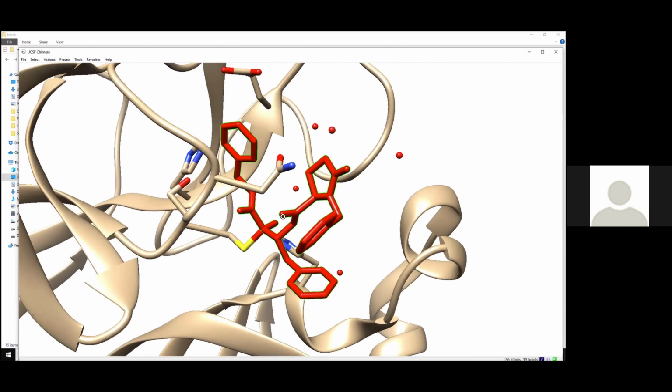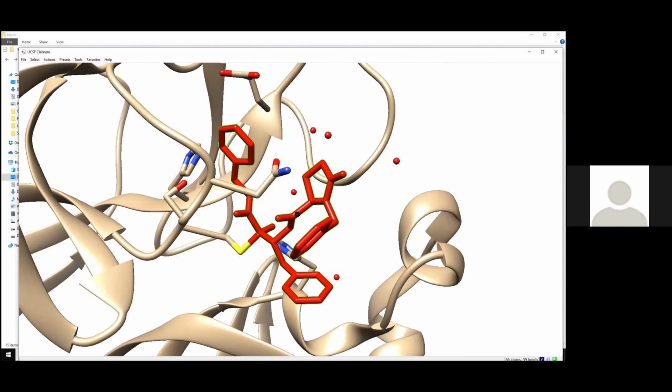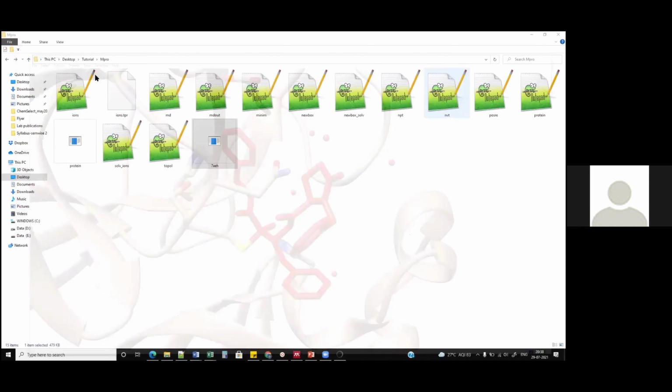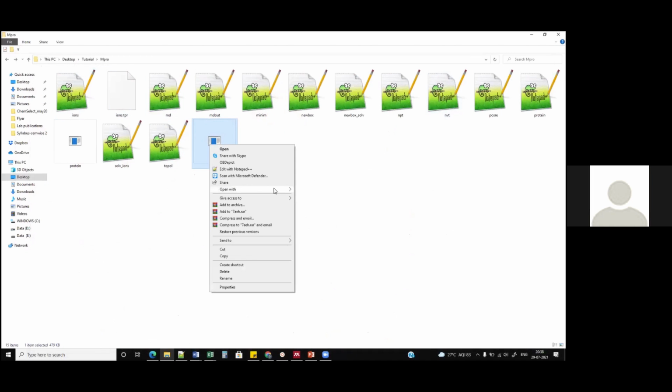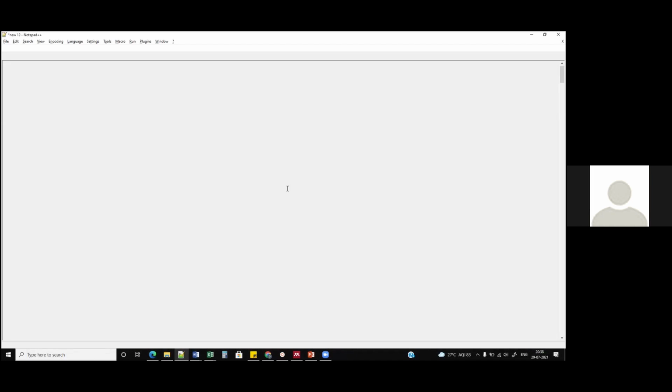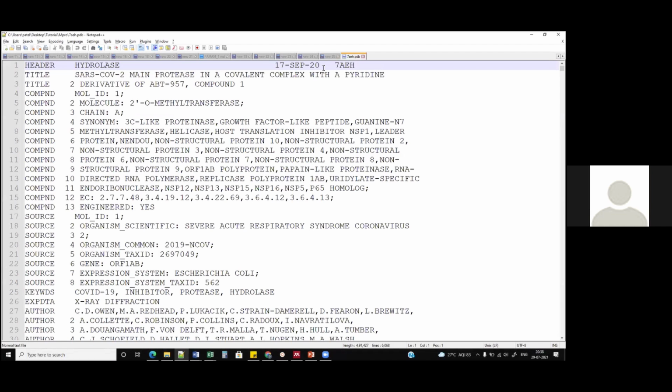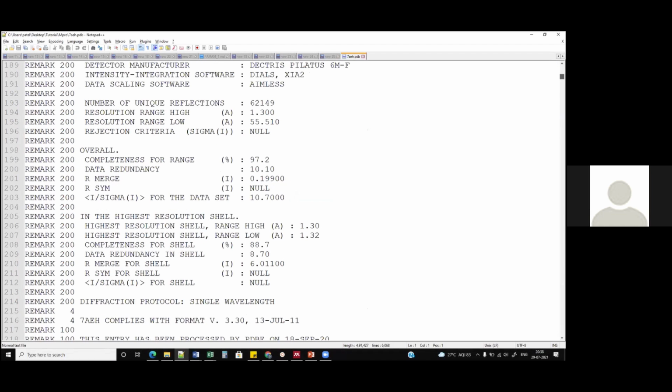Now, there are multiple ways to remove any non-protein molecule present in a protein. You can just select it over here. You can use any tool. In this case, I'm using Chimera. I can just delete it and then save the rest of the file. But if you don't want to do that, what we can do is open up the file in any kind of text editor. I preferably use Notepad++, but you can use any one of them. So just go down.